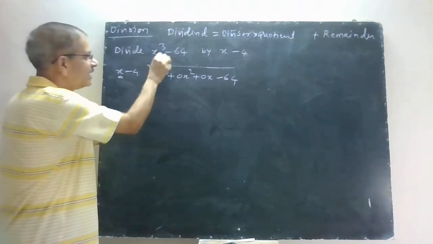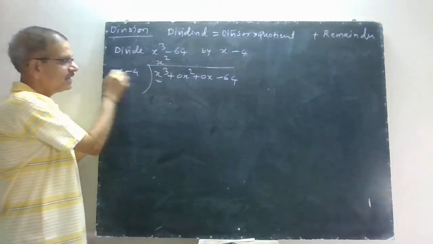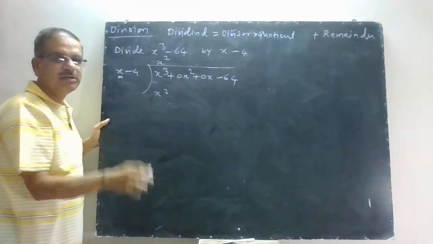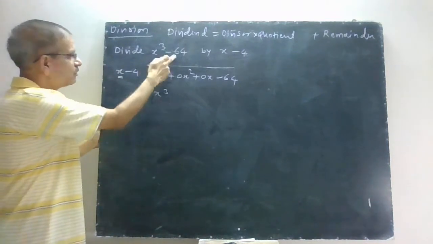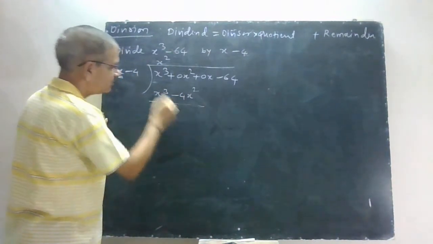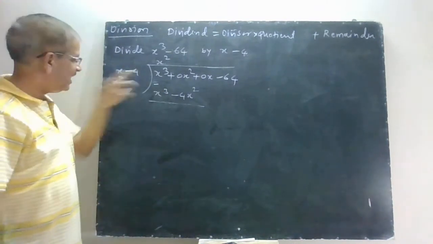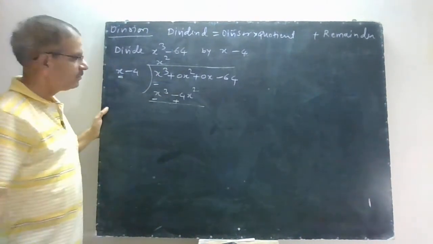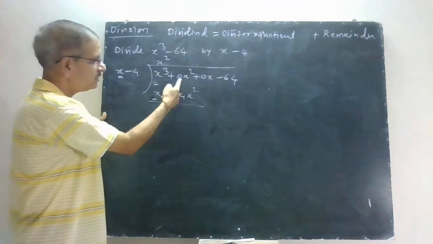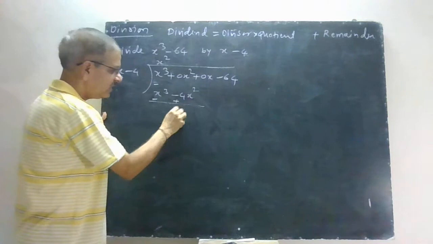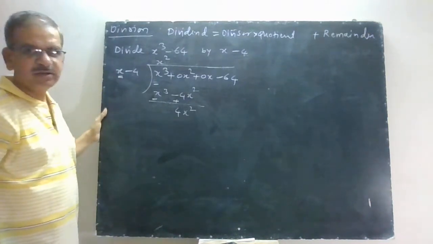You know that when you multiply x square by x, it gives you x cube. So that is very important. Don't look at the remaining terms yet. The x square into minus 4 is minus 4x square. Now see, x cube will be cancelled with this x cube, signs will be changed. x cube minus x cube is 0. 0x square plus 4x square is just 4x square.